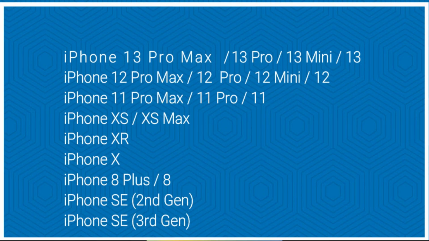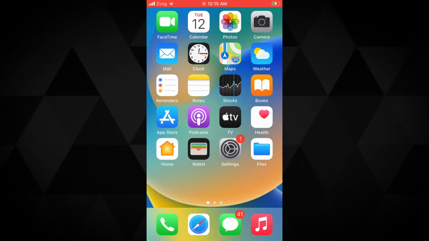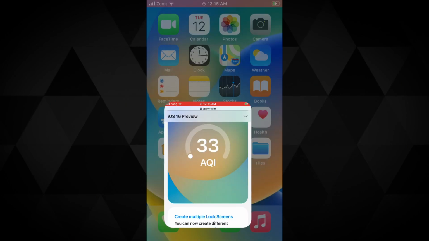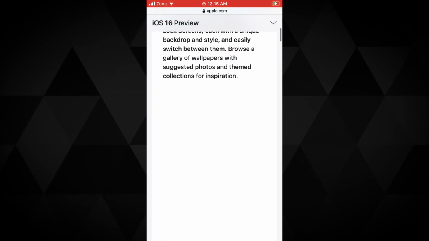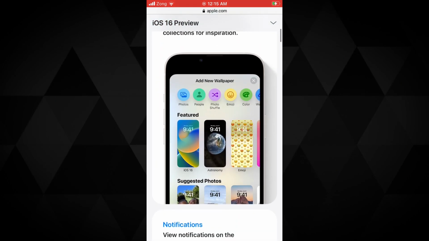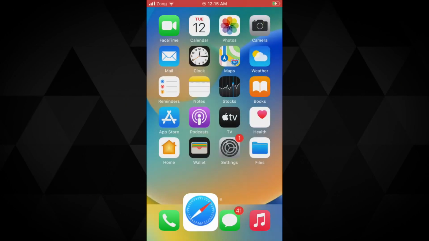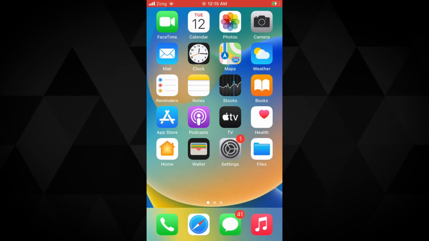If your device is one of these, you can install the iOS 16 public beta that I am going to show you right now. You can test iOS 16 and its latest features before the rest of the world gets their hands on it. It's just a simple installation process, but before you proceed, keep in mind that your device might start working as it's not supposed to. Some of the apps might not work because of compatibility issues, or they can just crash on iOS 16 public beta.